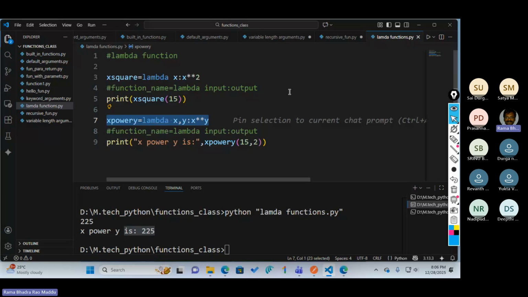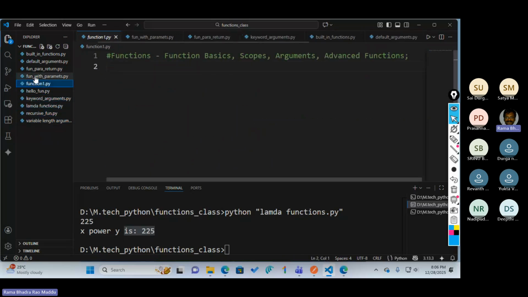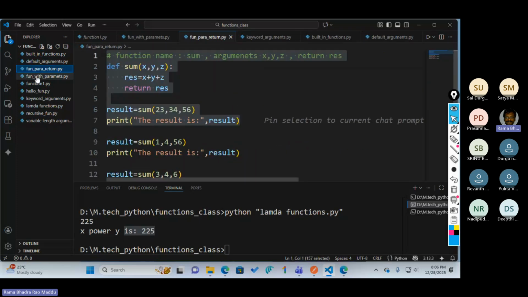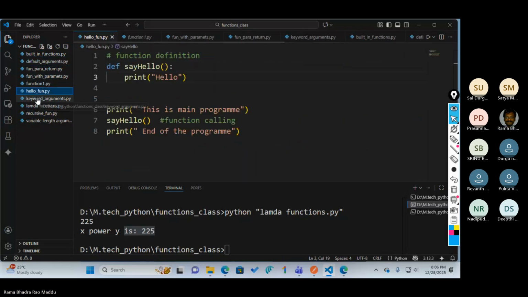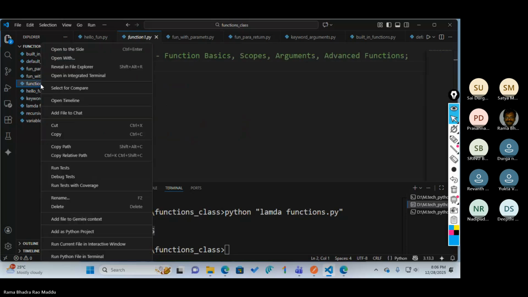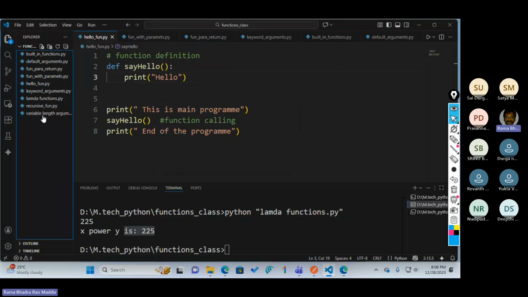This part is clear. I will provide all the programs to you, don't worry, but you must practice them. If they ask you about functions, you need to explain all these types. These are the main things.